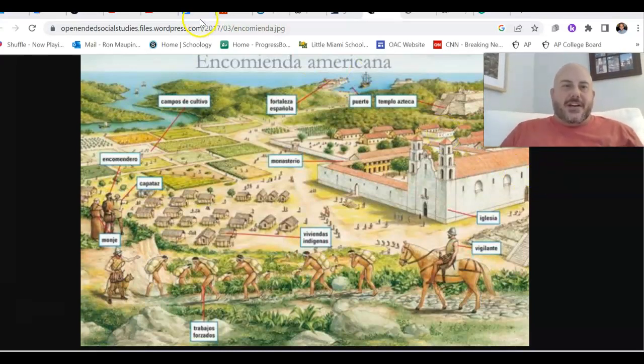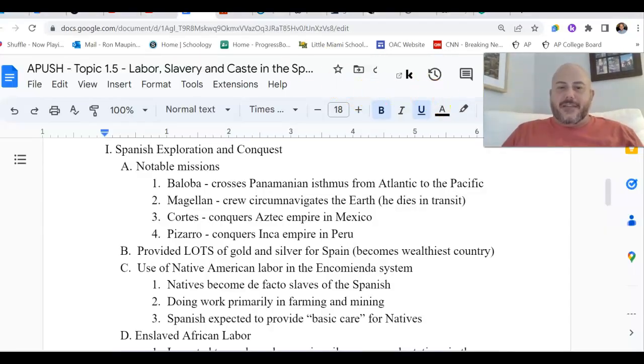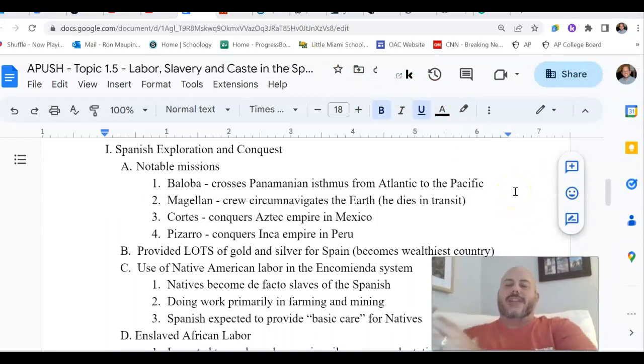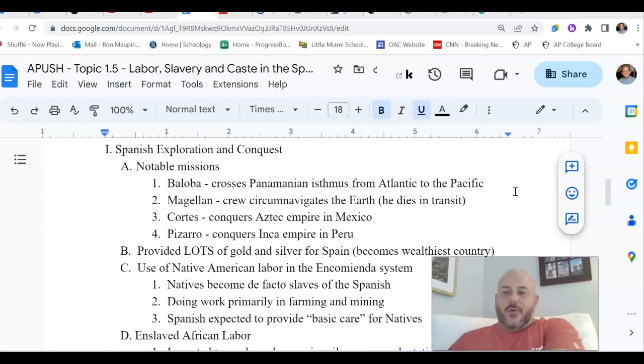Now, of course, the Spanish are going to try to play this off as them being the good guys. But the reality, though, is that this is going to be devastating. You're going to be seeing those natives that don't die from disease, which is the vast majority over time, those that don't die from disease, they're going to die from slave labor conditions. They're going to be worked to death. They're going to get beaten. They're going to be assaulted. They're going to be de facto enslaved, and be forced to submit to the Spanish way of life.